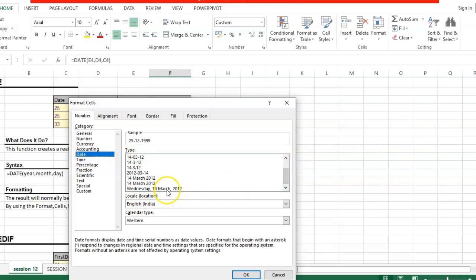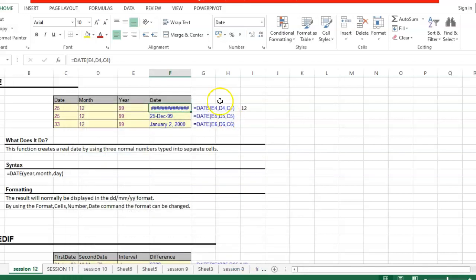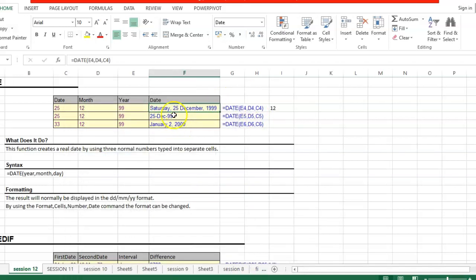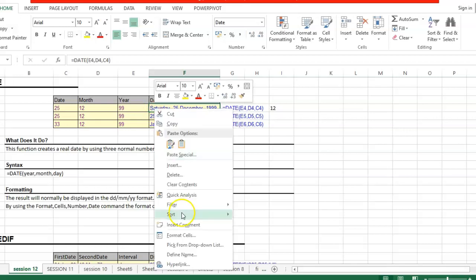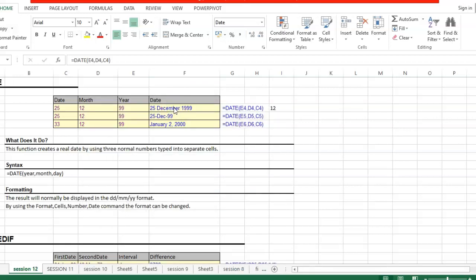So if I make it in this format and then say OK, one can see that the results are in the same format as selected, wherein my weekday is also represented here. And this format can be changed. So you have seen I changed the format here. Thus, to sum it up, this function creates a real date by using three normal numbers.